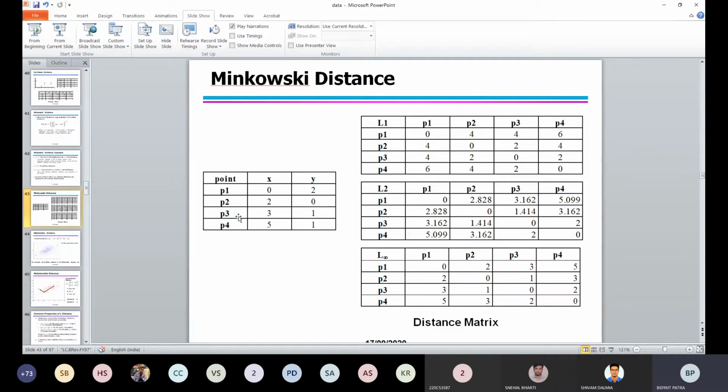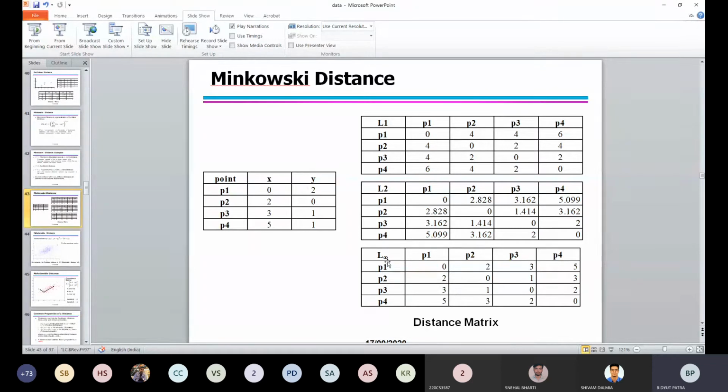Similarly, you take P3 and P2. P3 is appearing here and P2 is appearing here. It should be 2, 2, 3, so the absolute differences are 1, 0, 1. So it will be 2. So that is all about the city block distance. And the L2 distance that we know is the Euclidean distance. So what you have to do: 0 minus 2 squared plus 0 minus 2 squared, so 2 squared is 4 plus 2 squared is 4, so it will be 8. Take the square root of 8, and you will get this value.